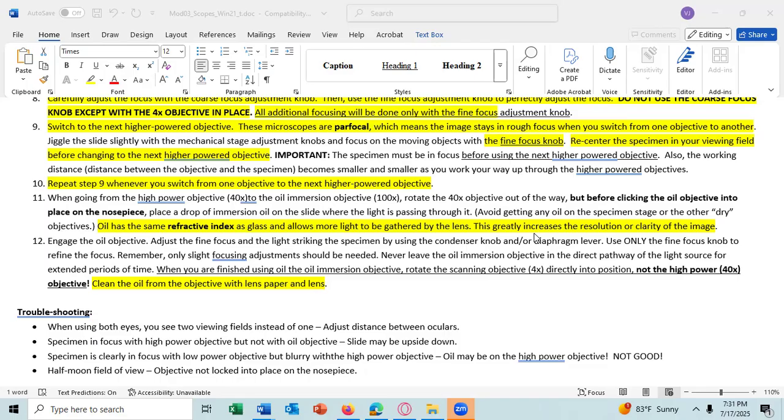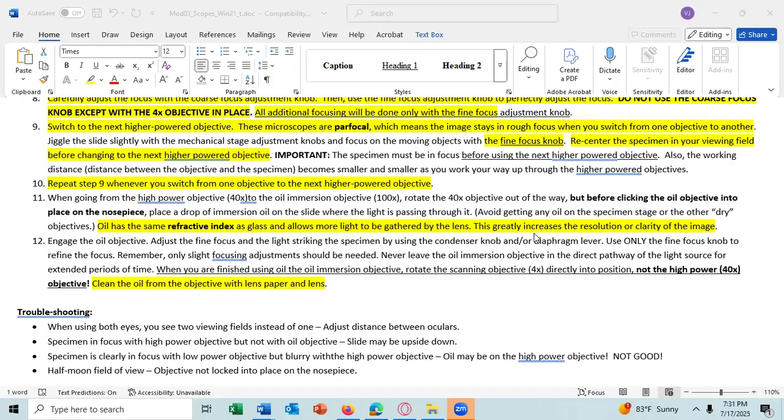And once you add oil, you must clean the oil from the objective lens using lens paper. You should also clean the oil from the slide. You may use any paper, including lens paper, to clean the oil from the slide.